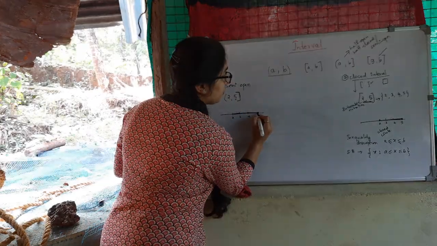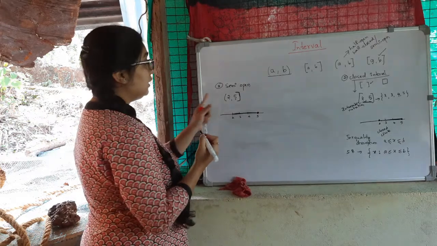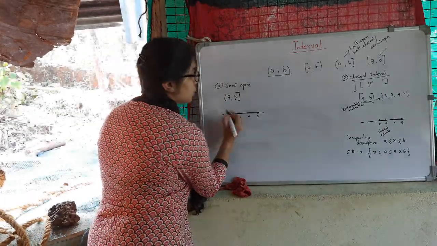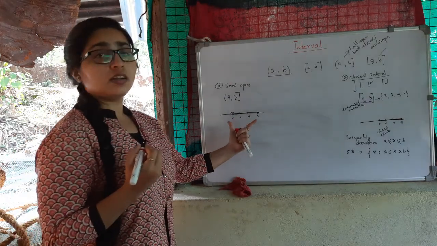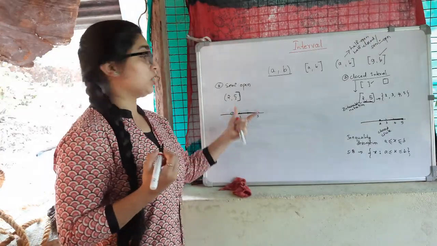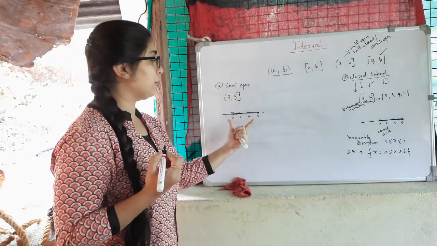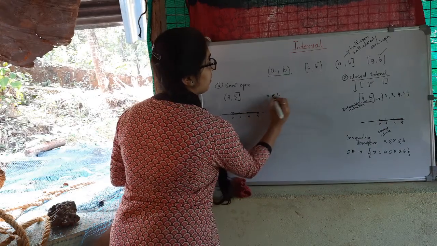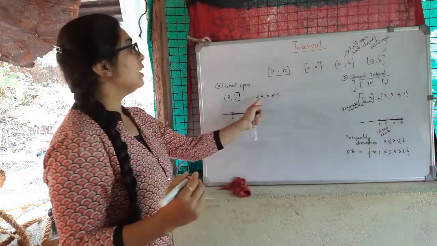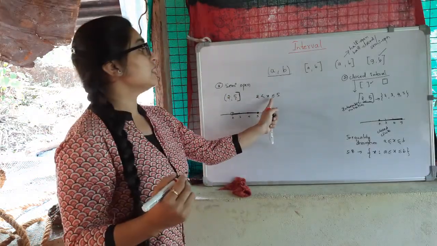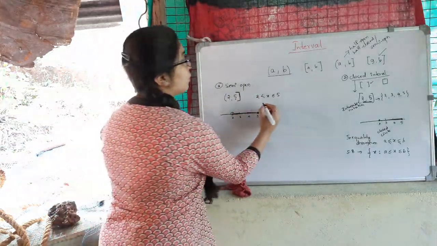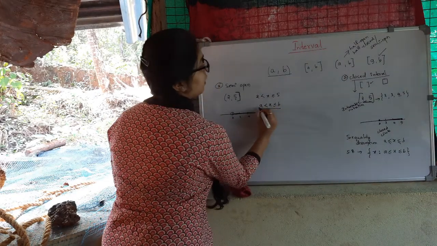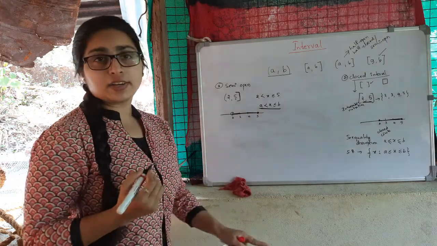So this will be with a filled-in circle. And 2, this is an open bracket, which means it will be open, so an open circle. So this is the number line notation. This is your interval notation, number line notation. The inequality description will be like this: x is greater than 2 and it is less than or equal to 5. So in terms of a and b, I can write like this. This one will be your inequality description.